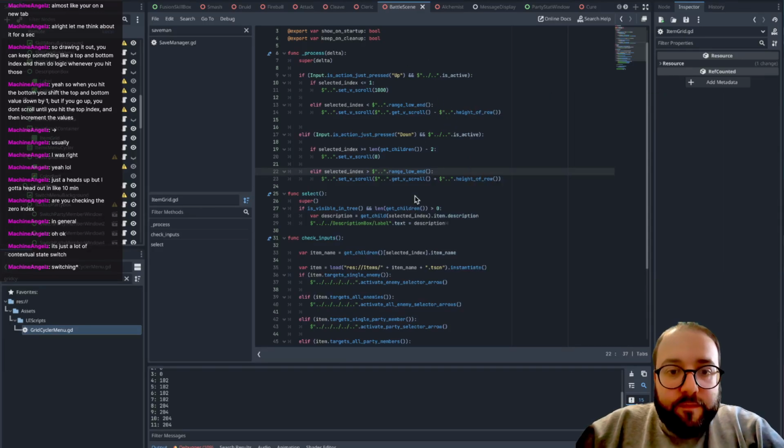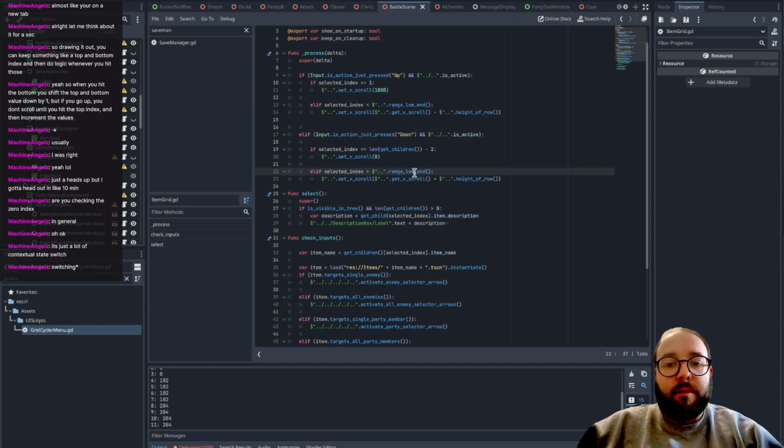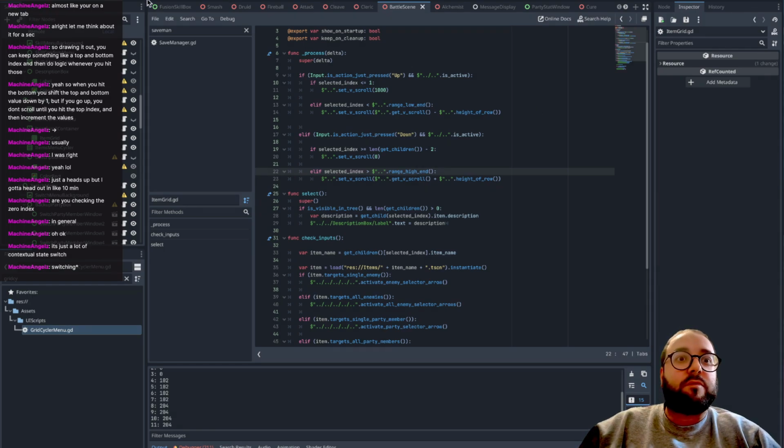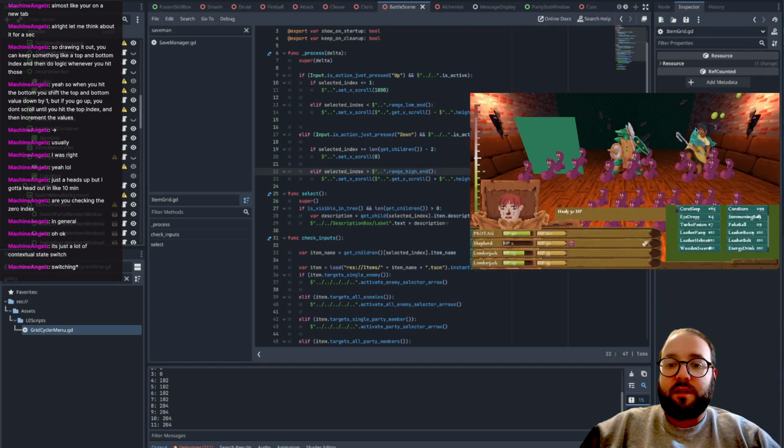Let's see. When I go up, what was the condition? If the selected index is less than the range low end. Oh, okay. Less than the range high end, or greater than the range high end. I apparently copied that without changing which method I was actually calling. So, in this case,